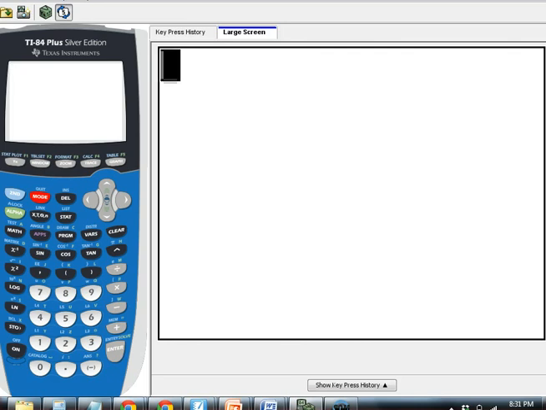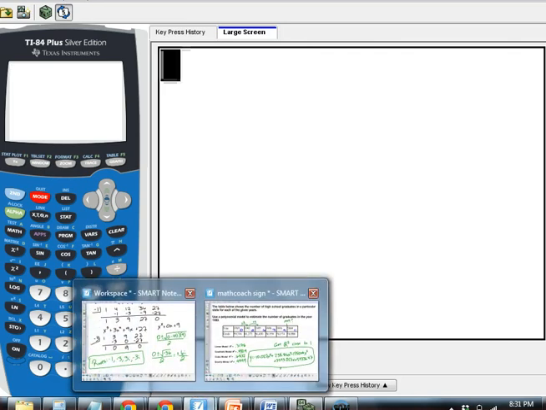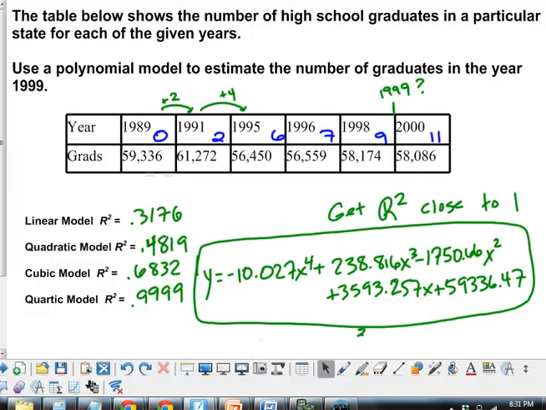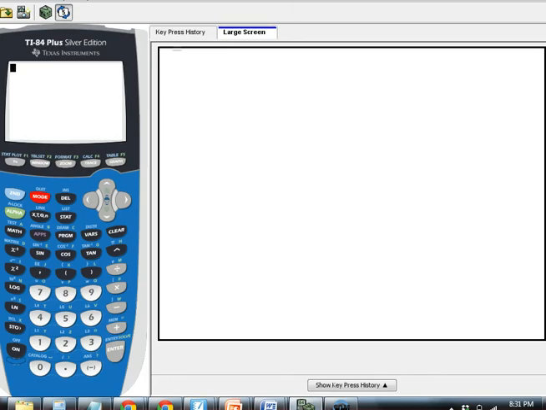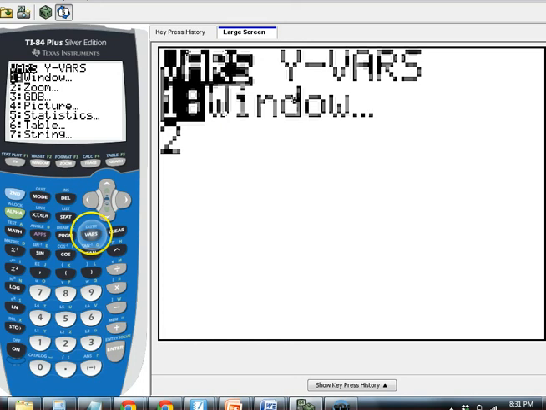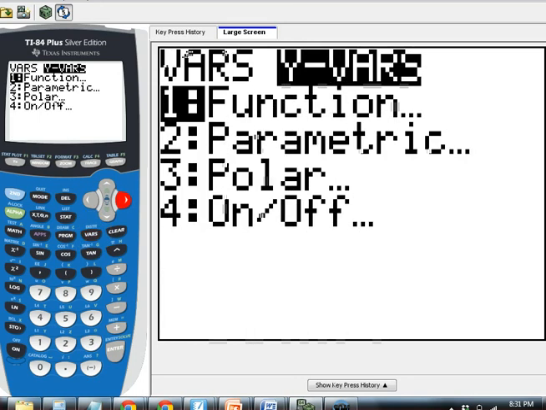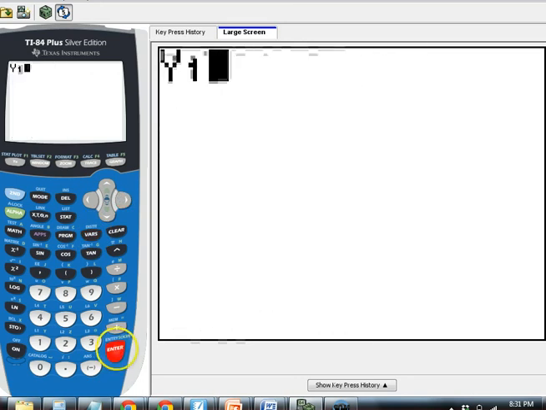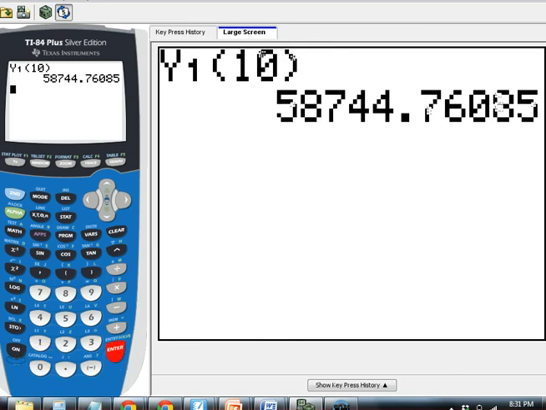Going back to the data, remember we used 0 to represent 1989. So 1999 would have a value of x equals 10. So what we want to do is plug 10 into this equation. And if you remember what I said, we just push y1, we get y1 up on the screen, and we tell the calculator to plug 10 into it. And that'll give us a good estimate,